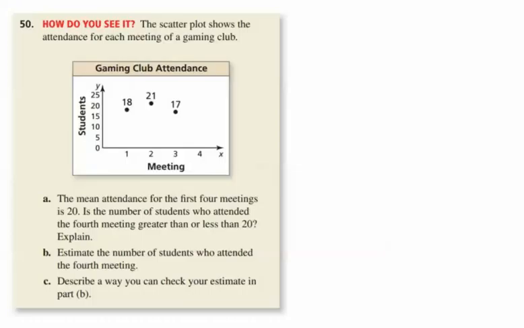But if we want the average to be 20, and if you see that you had 18 for the first, again we've been saying that is a 2 below what the average should be, then 21 is actually 1 above what the average should be, and 17 is 3 below what the average should be. So we're already a lot below the average and only a little bit above it. So I would assume then that the 4th meeting has to be greater than 20,